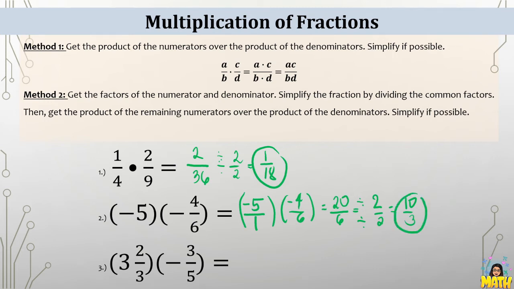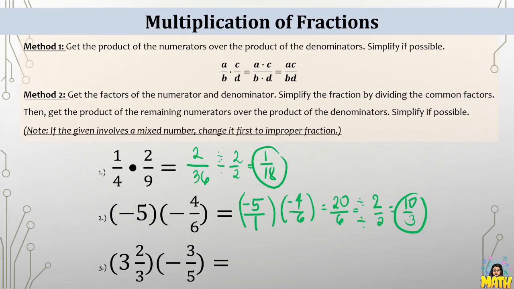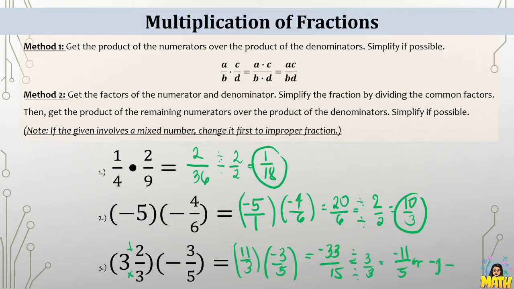Number 3, 3 and 2/3 times negative 3 over 5. If we have a mixed number, change it first to improper fraction. So change it first by multiplying and adding. 3 times 3, 9 plus 2, 11 over 3 times negative 3/5. So here, negative 33 over 15. Simplify if possible. So both can be divided by 3 and we'll have negative 11 over 5 or negative 2